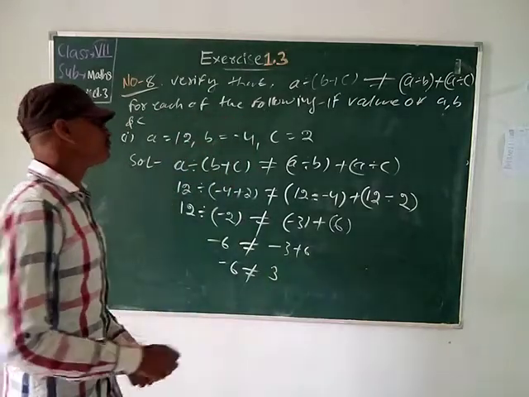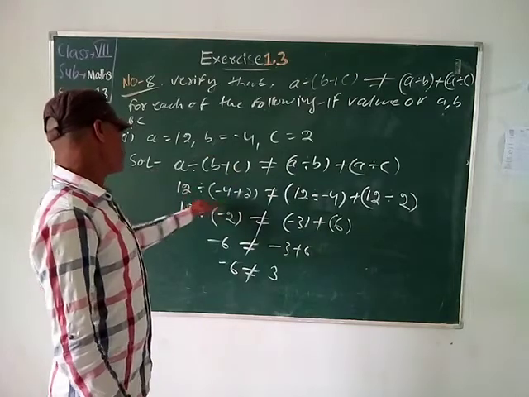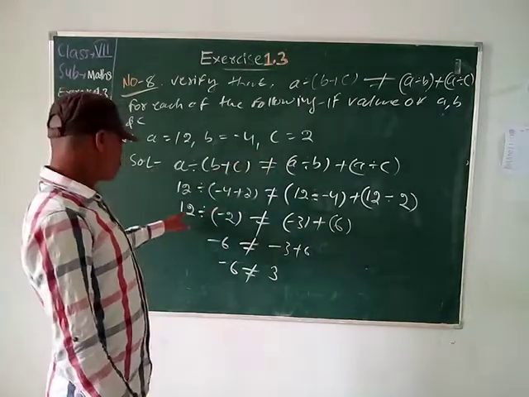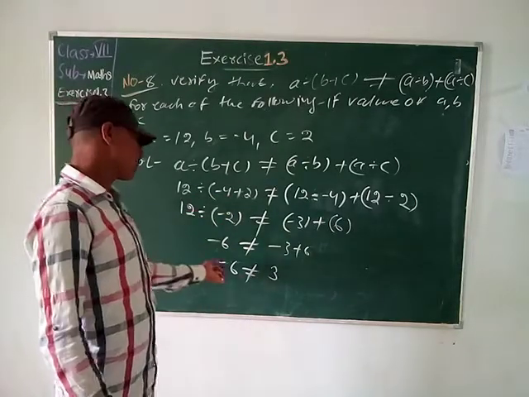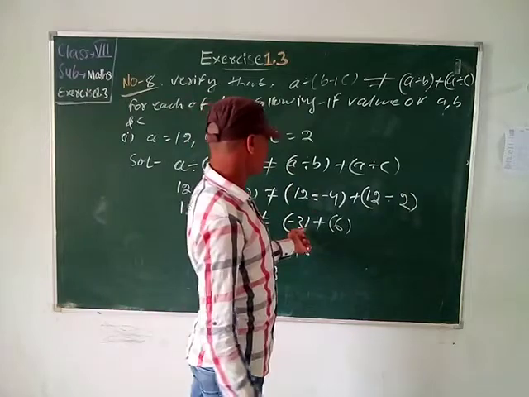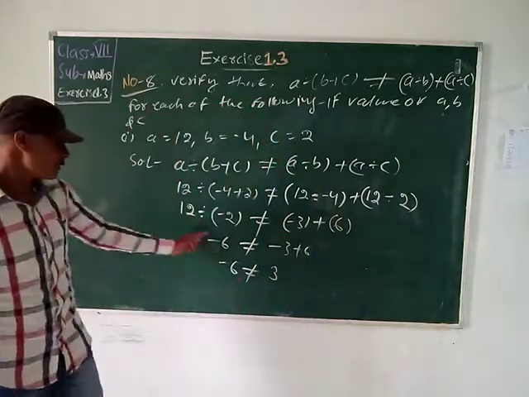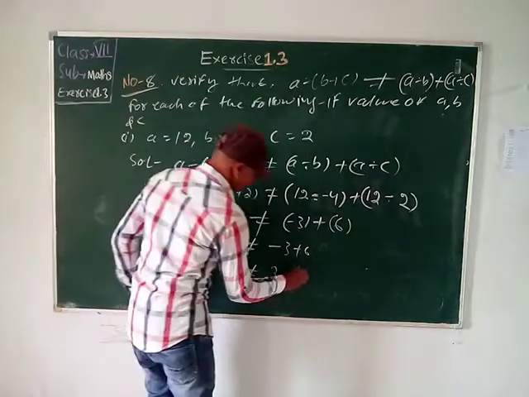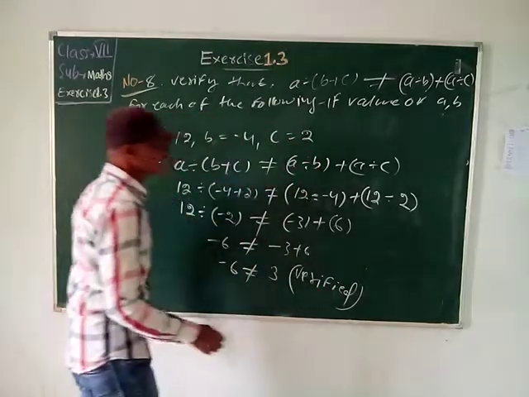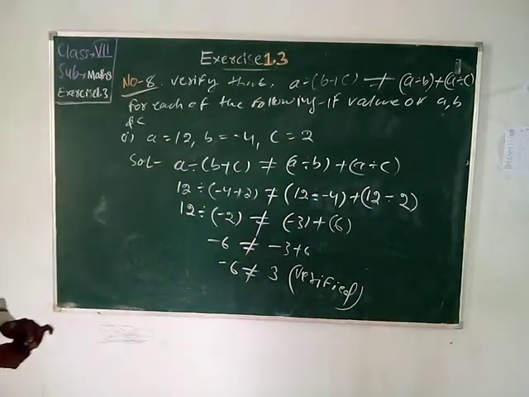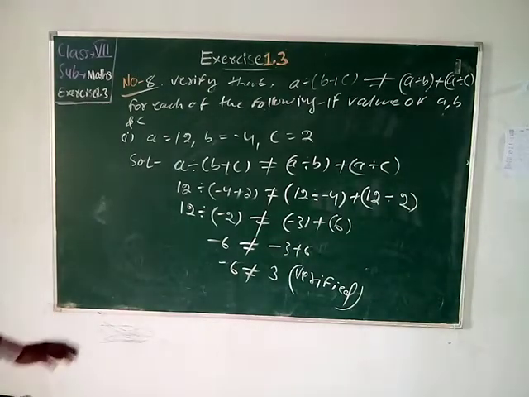Now the value of a is 12, b equal to minus 4, c equal to 2. So 12 divided by the sum, minus 4 plus 2, is minus 2, so 12 divided by minus 2 equal to minus 6. Now 12 divided by minus 4 equal to minus 3, and 12 divided by 2 equal to 6. Minus 3 plus 6 equal to 3, so here both sides are not equal. Clear about it? How can you verify the answer? Now you will do the next item, number two.